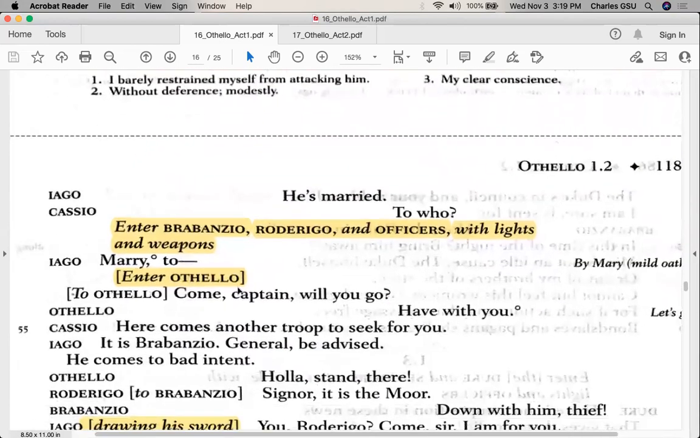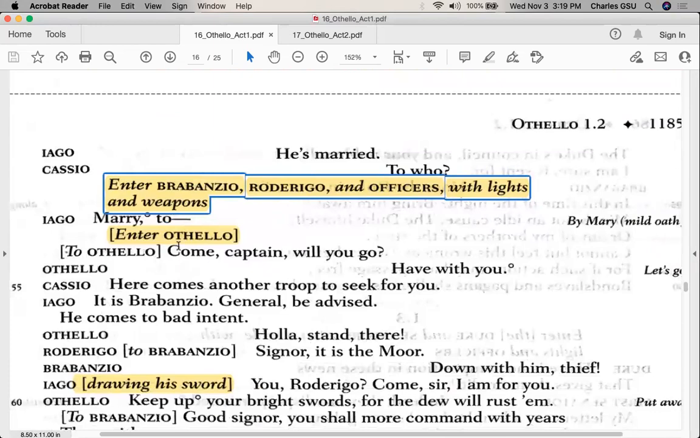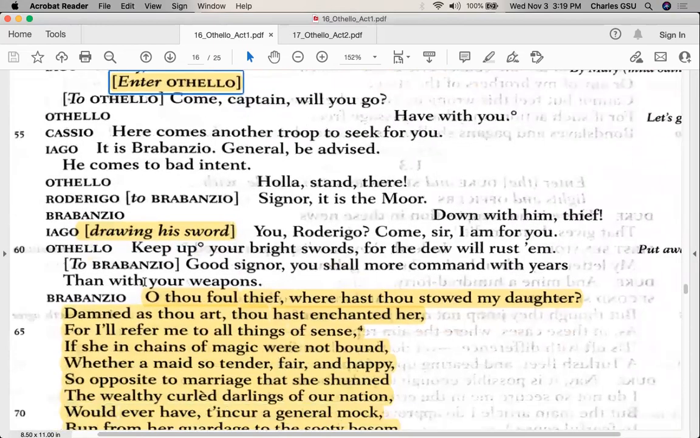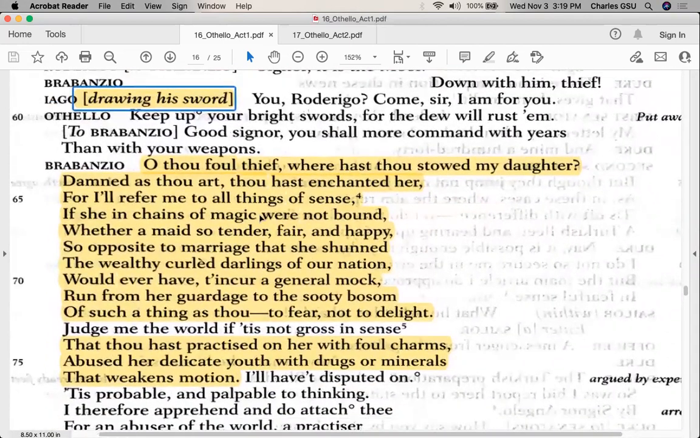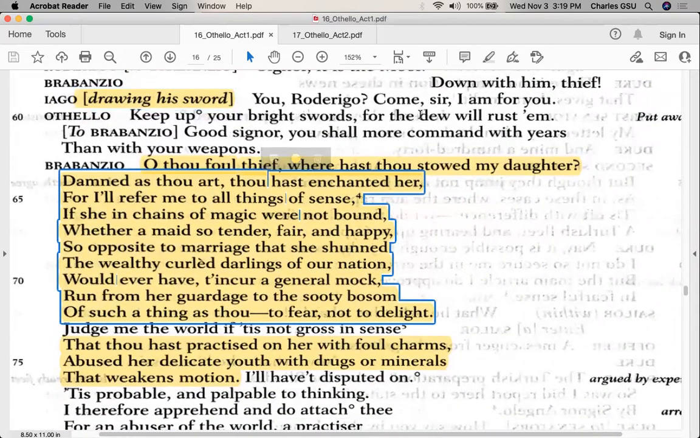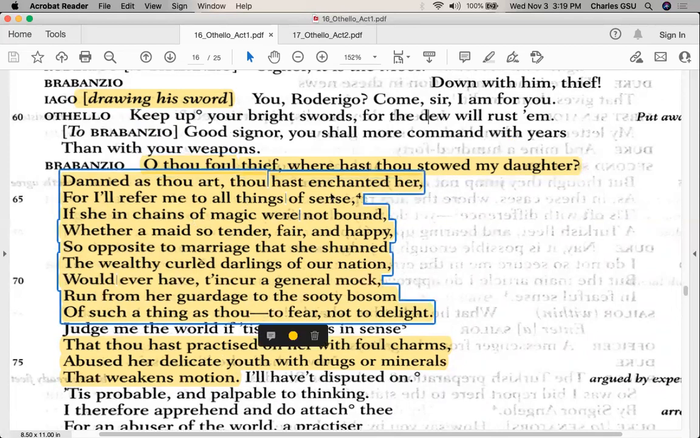So here Brabantio now enters the scene, and there's Othello. So now we're going to have this confrontation, and Iago draws his sword. And this is where we have Brabantio use these very racist constructions of Othello. "Oh, thou foul thief, where hast thou stowed my daughter?" or kidnapped my daughter. "Damned as thou art, thou hast enchanted her. For I'll refer me to all things of sense,"